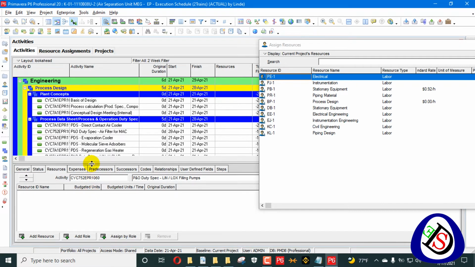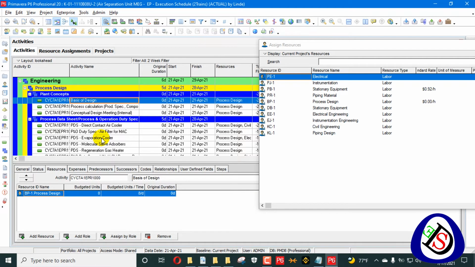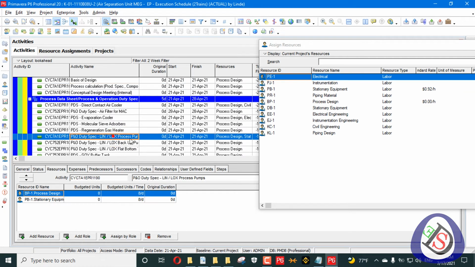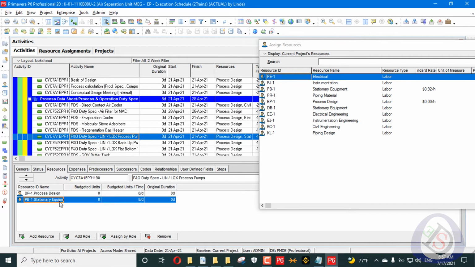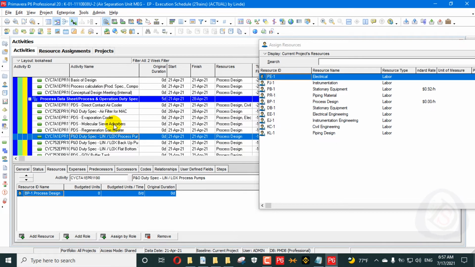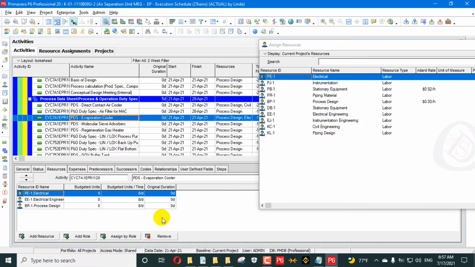So there is an option in Primavera P6, you can go back and assign the same resources. When I press Ctrl Z, it will reload all our resources and we can just remove the additional resources which we have assigned. The stationery, you can see stationery, and easily remove the additional resources which I have assigned. Just a single click. It's a trick. You should know about that one.